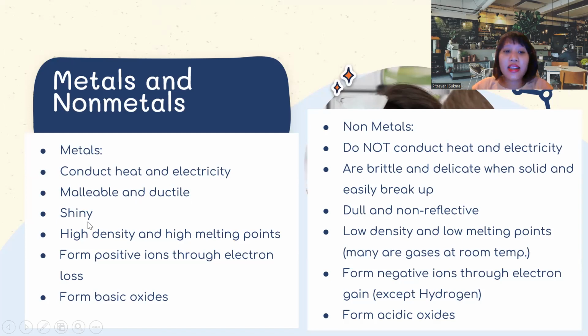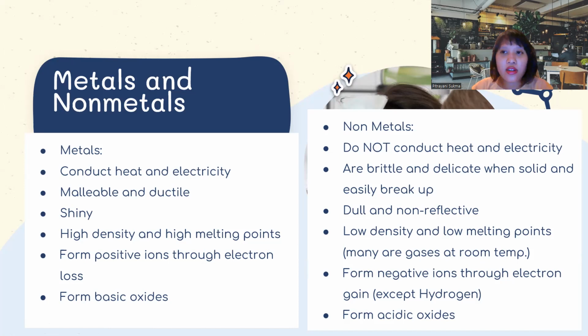Metal usually has high density and also high melting points. But non-metal usually has low density and low melting points, so they are easy to melt. And as you can see, many are gases at room temperature. And then metal is easier